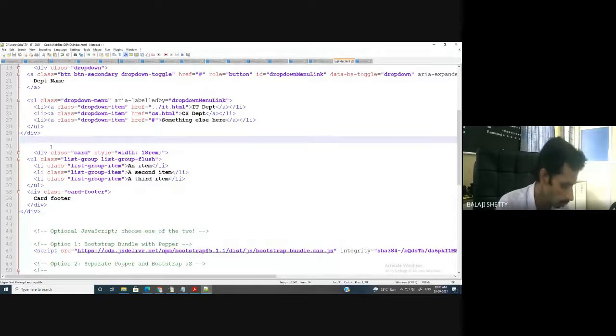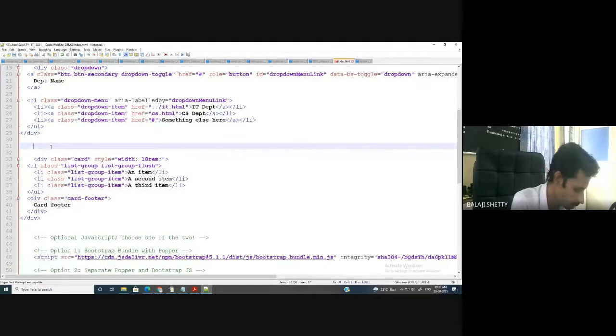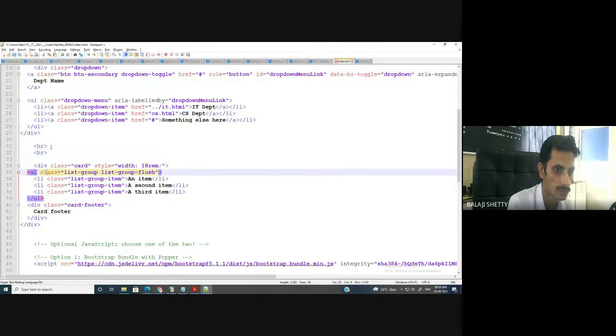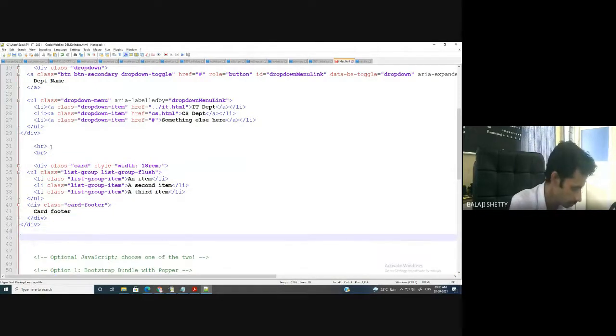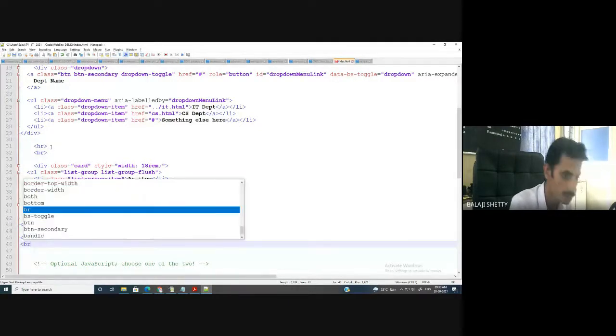So here what I do, I put here horizontal line. Okay, then you'll understand. Otherwise you'll be confused. Horizontal line and break. Horizontal rule is there. Break.